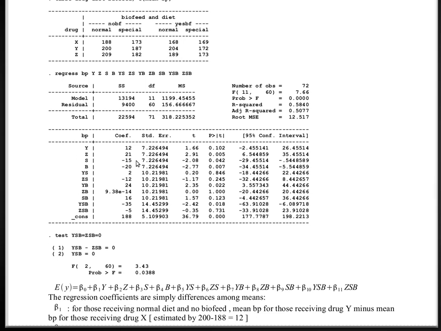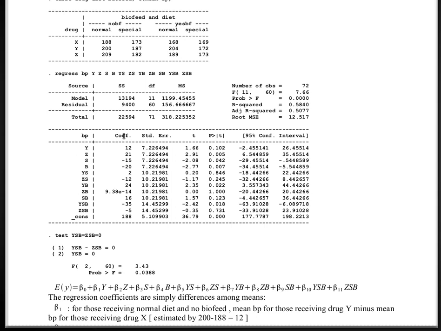analysis of variance, where we are comparing the normal diet and the special diet, ignoring the drug and ignoring the biofeedback level. So notice